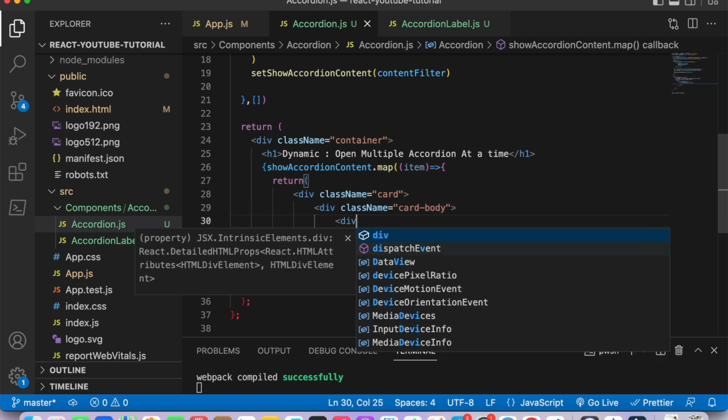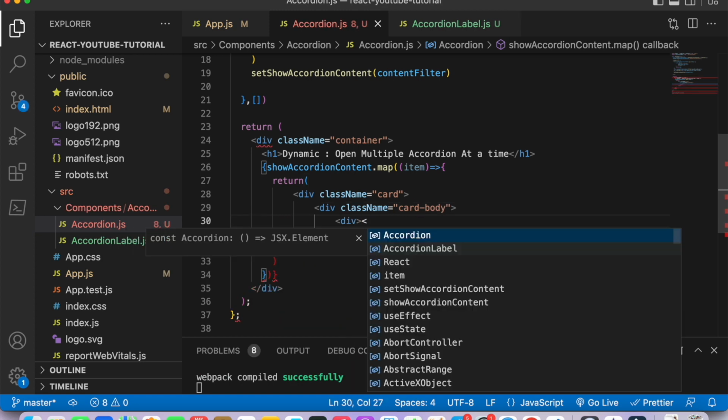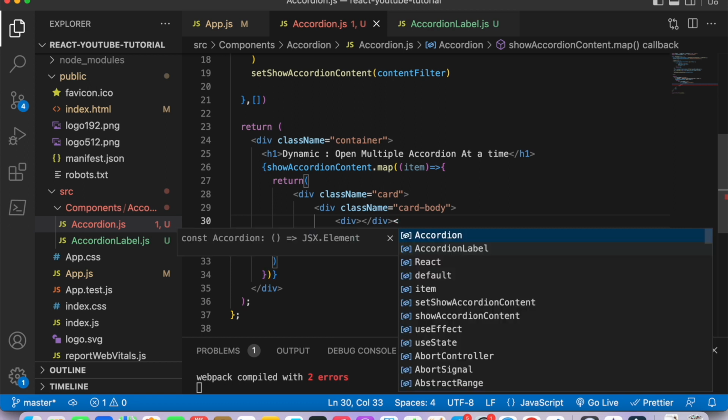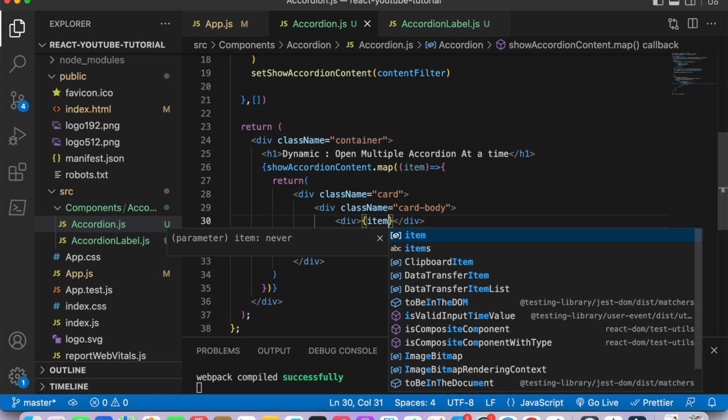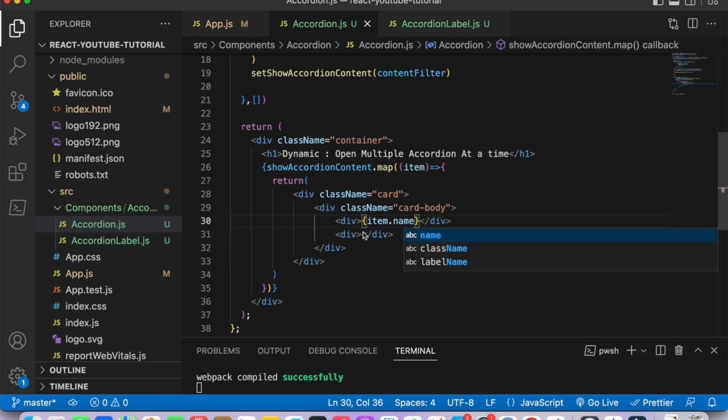And under this div, I'll make two divs. I'll tell you why. In one div, I'm going to write the label name as item.name, and